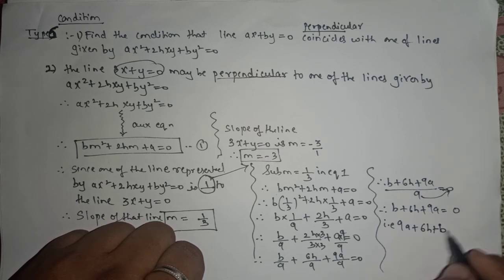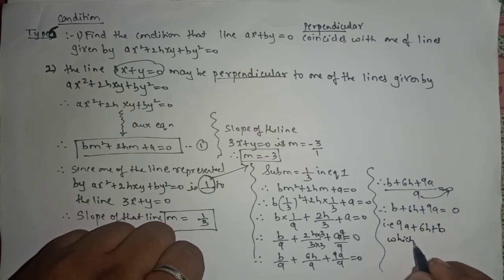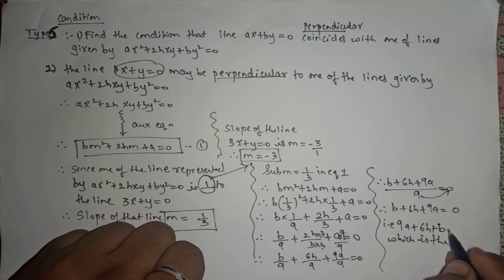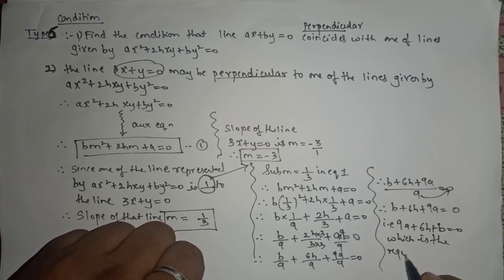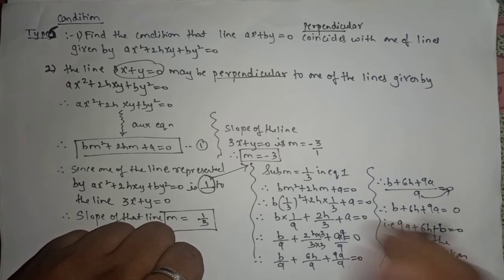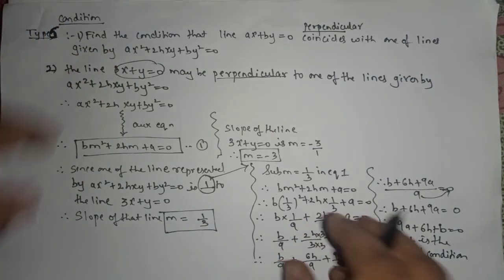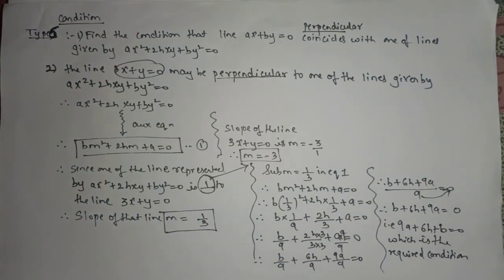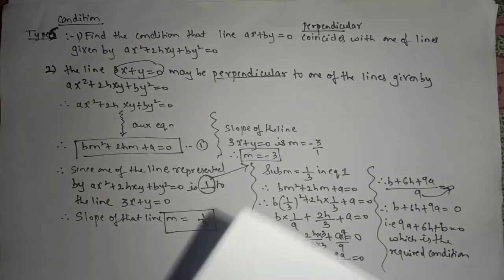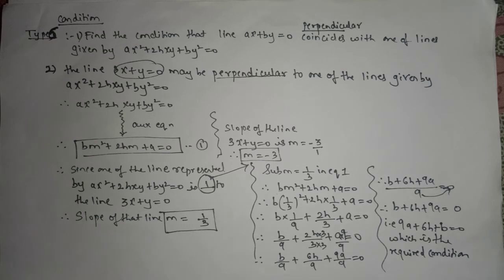Understood? This is the required condition for a line and a quadratic equation. I hope you all understood type number 6, how to find the condition when the line is